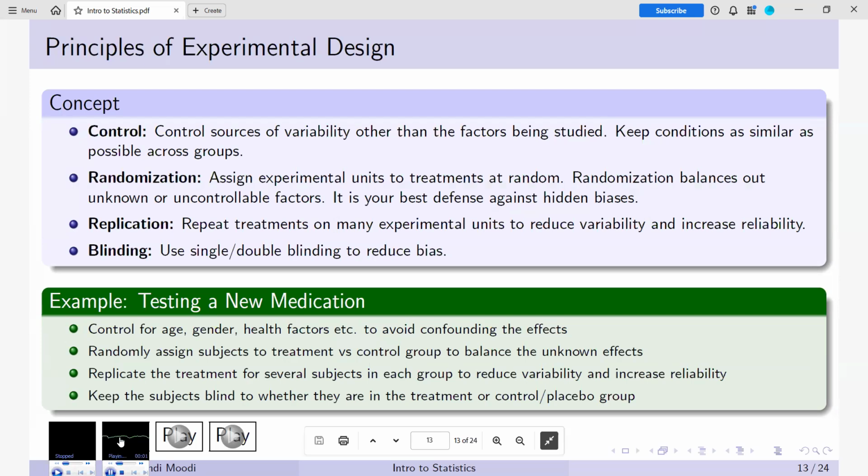If we neglect randomization, we open the door to hidden biases. Imagine all the healthier patients ending up in the treatment group and the sicker ones in the control group. Now the miracle drug looks amazing, but really it was just group imbalance. Flip it the other way, and the drug looks useless because it was only given to the toughest cases. Without randomization, your experiment becomes less science and more rigged talent show.